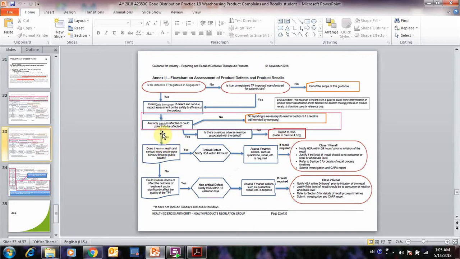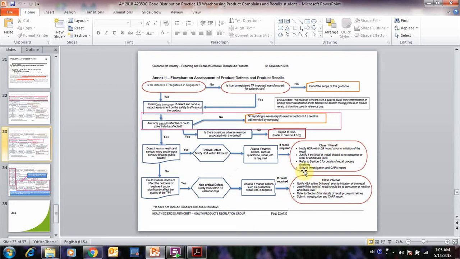So if the defective products can actually cause health or serious injury or pose serious threat to public health, it is considered a critical defect. As we already learned just now, for critical defect you must notify HSA within 48 hours. So for critical defects, it is definitely a class 1 recall. Alright,